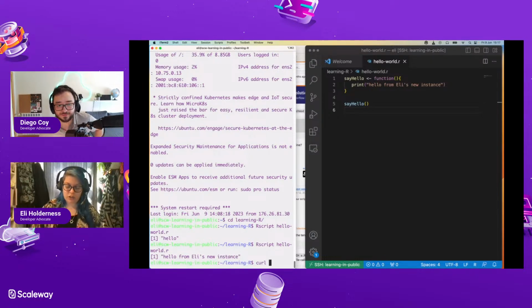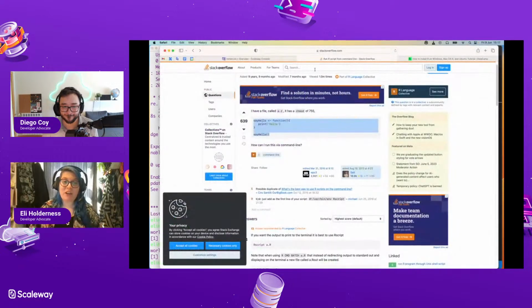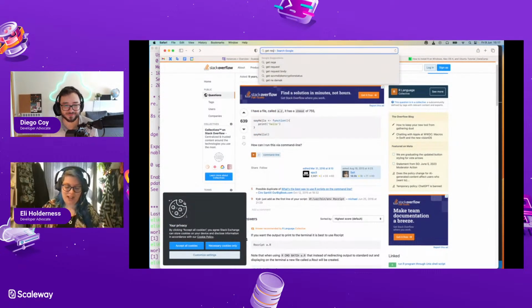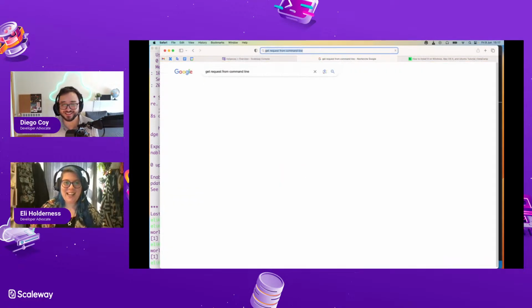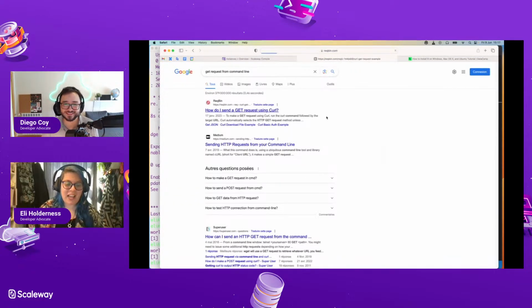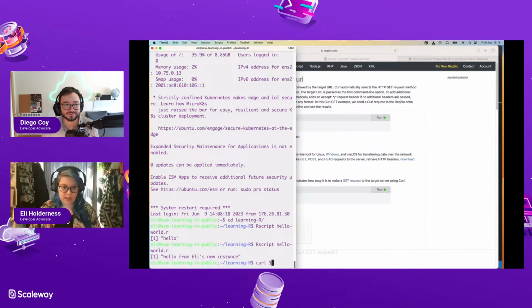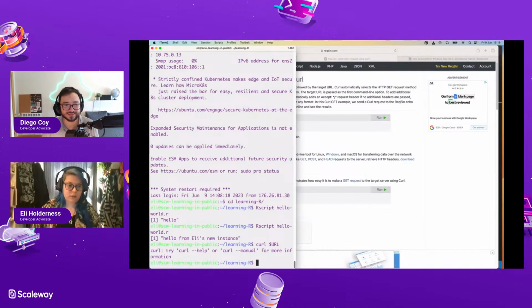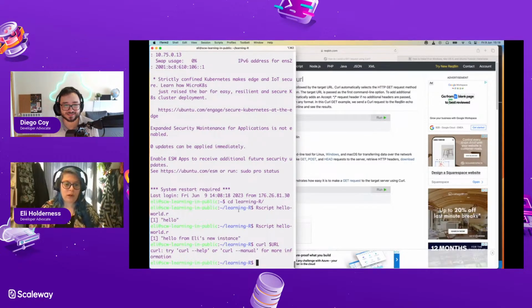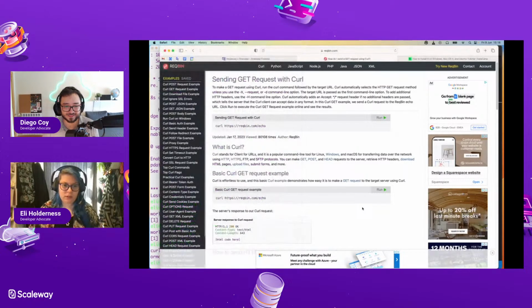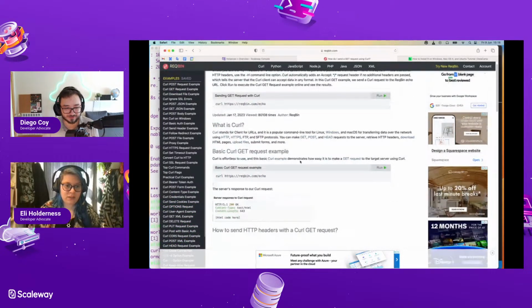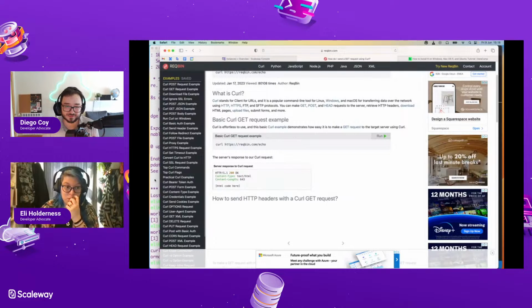Yeah, that's the base path. I'm gonna really betray my ignorance here. Get request from command line. Yeah, it's just curl. And then yeah. Oh, it's literally just that. Okay. Cool. Curl, and then you gave me that URL. Yes. Okay. Oh, hang on. Not installed. Oh yeah, it is. Well, curl is not installed. It says curl help. What am I doing wrong? Oh yeah.